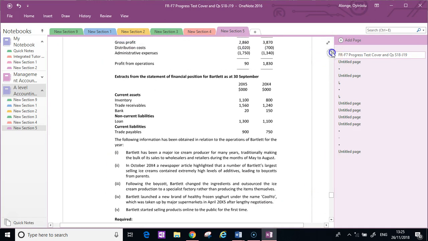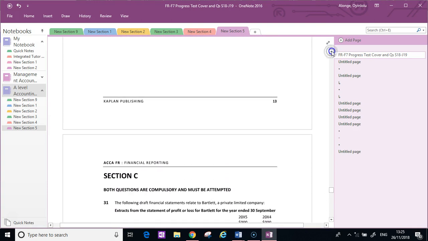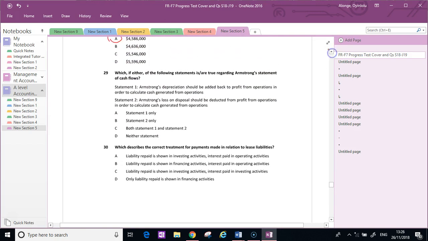Great. And then 29. Where are we? Let's say 29. Great. So the question is, which of these statements are true regarding the cash flows? Depreciation is always added back, of course, to profit from operations, if you remember. And any loss on disposals should be added back as well. So not deducted, added back. If you remember, we have profit from operations. We add depreciation, disposal, and then we deduct any gains on disposal. Then we have to deal with any